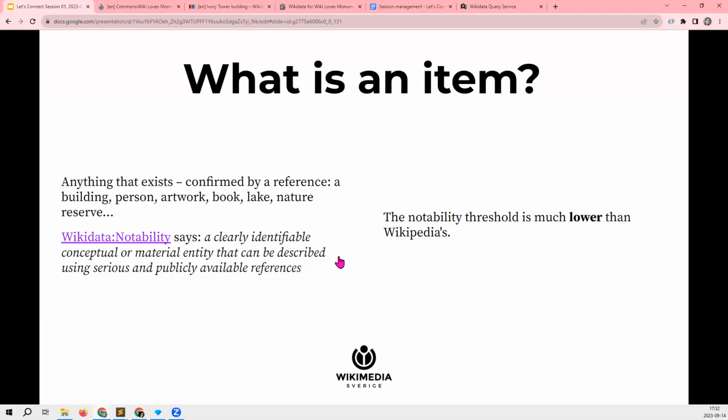And what this sentence, which sounds a bit formal, actually means is that, well, a clearly identifiable conceptual or material entity.